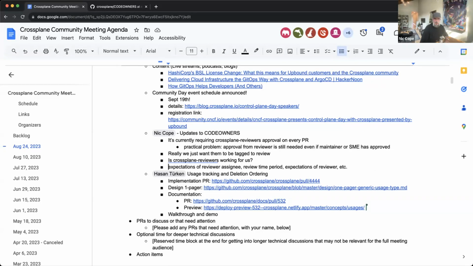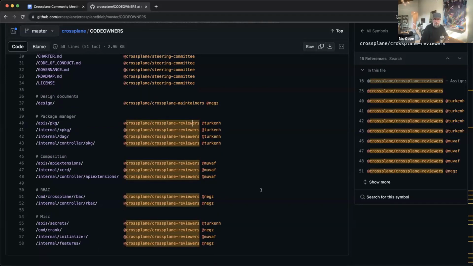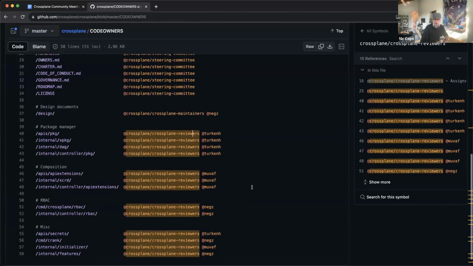Does not actually need to approve it for it to be merged, as in their approval does not block it being merged. We also have set up subject matter experts. So for instance, Hassan gets copied on anything that affects the package manager code, the idea being that Hassan would be the final approval, sign off on that.